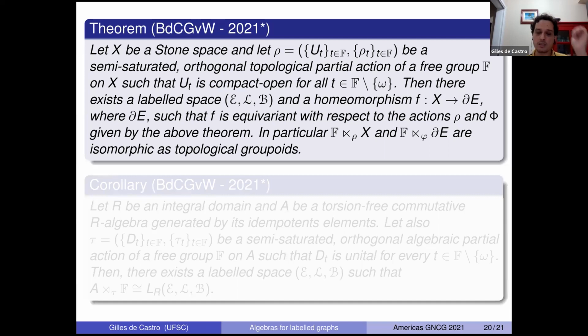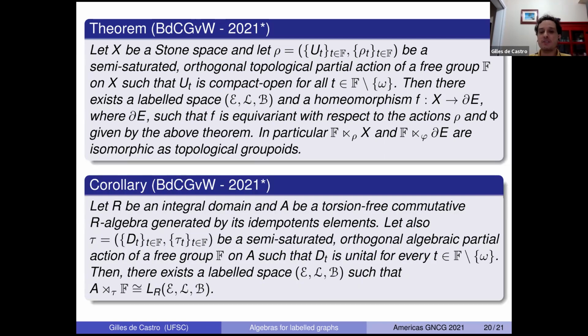So it is a work in progress. And then in the algebraic setting, if you have this torsion-free commutative algebra generated by idempotents, when R is an integral domain, we have that R A itself is the locally constant functions on a topological space. Then if you have this semi-saturated and orthogonal algebraic partial action, the condition of U_t being compact open is the same as the ideal being unitary for every element of the free group,